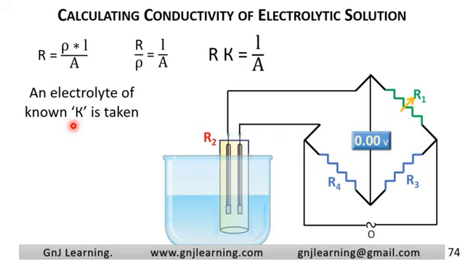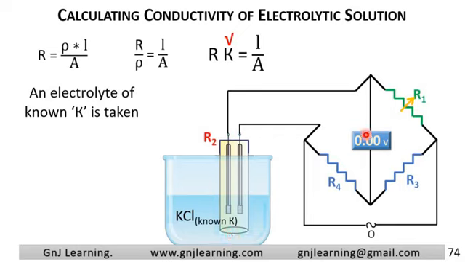So if I have a solution with a known conductivity, I will place that solution inside this beaker, whose kappa is known. The electrolyte that I am going to take inside this beaker has a known kappa value. I have a known electrolyte here, let's say it is potassium chloride. Its kappa is known. So I place it inside here,